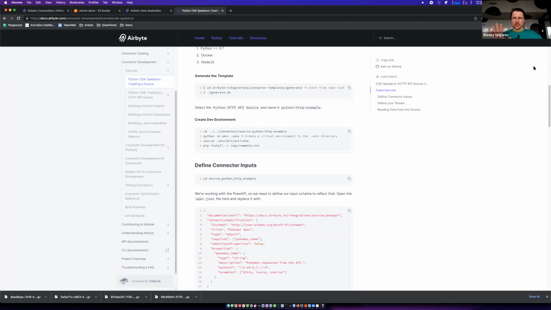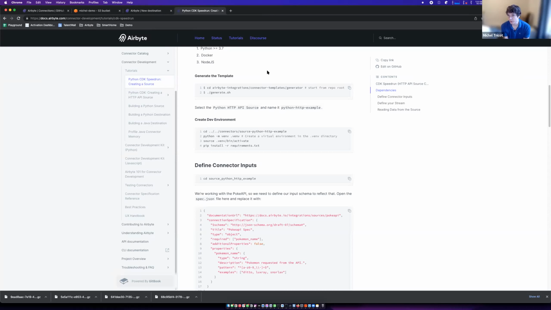If all the connectors I need exist, does it mean that I can get away without writing a line of code? So it's like a no-code tool for me? At that point, yes.